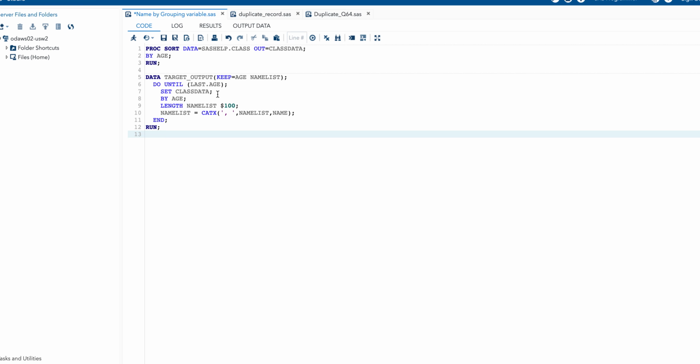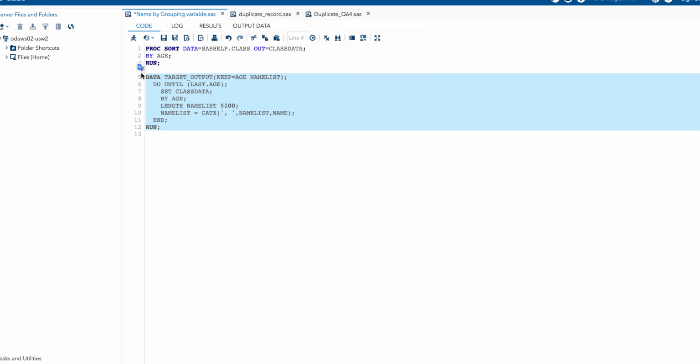Set class dataset by age, length name list is catx. Inside the parentheses, we use delimiter comma, name list, comma, name. Name list and name are arguments. Comma is delimiter. End this process and run. When we run this second set of code,